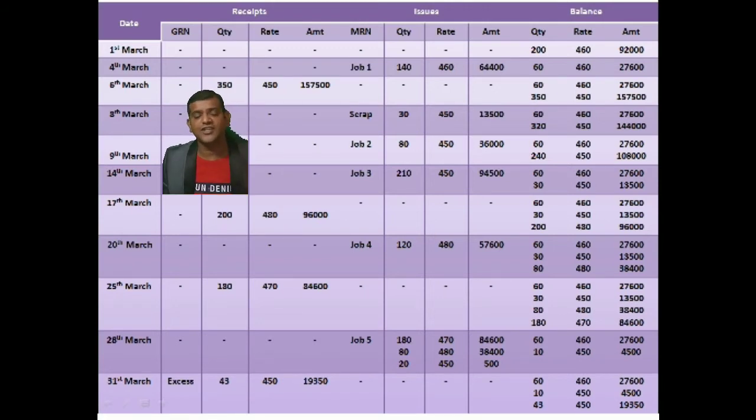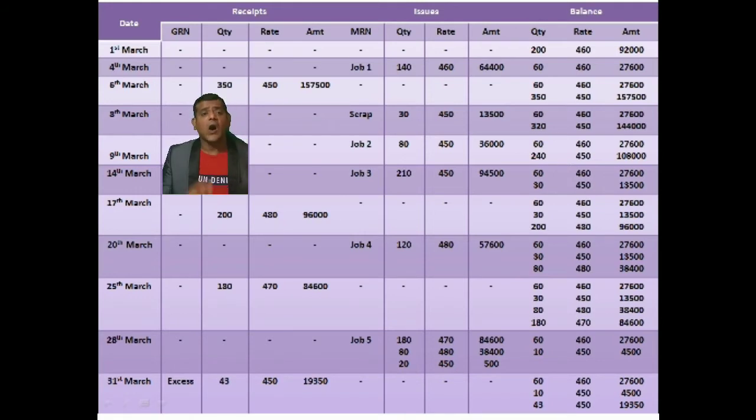On 4th March, there is the issue to job 1. So, all receipts column is nil. That is GRN nil, quantity nil, rate nil and amount also nil. So, under issues, MRN job 1, quantity 140 units at the rate of 460 rupees. So 64,400 rupees amount column, and the balance: out of 200 I have taken 140 tons. So the left out is 60 tons at 460 rupees. So that comes to